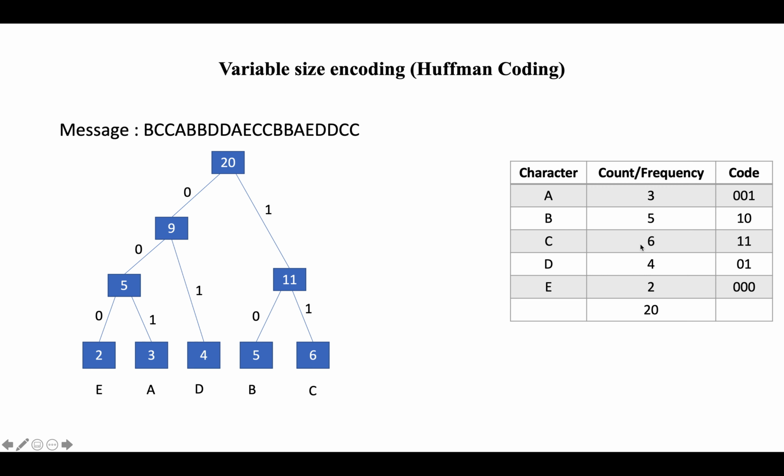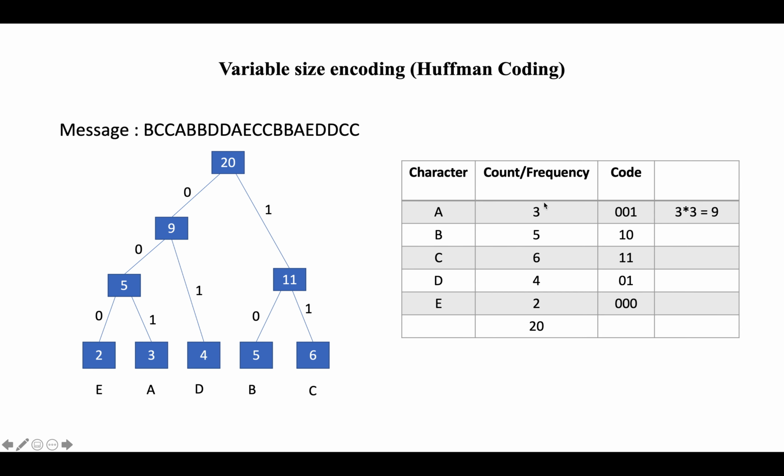So now you can see the most frequent character got only 2 bits and the least frequent character got 3 bits. So now we will calculate how much size this message will have. A is appearing 3 times in the message and each A will get 3 bits. So the total